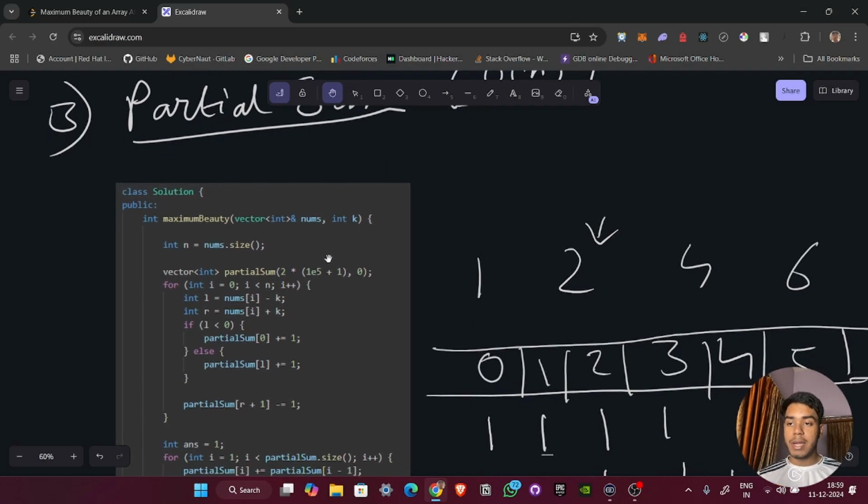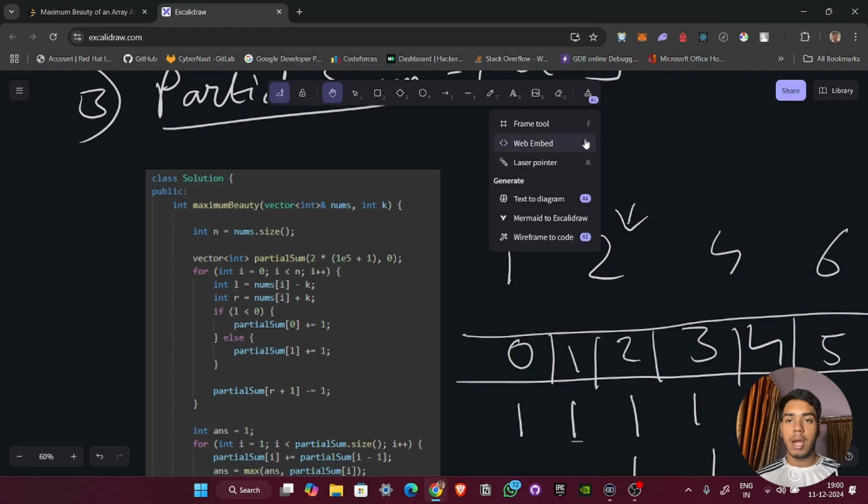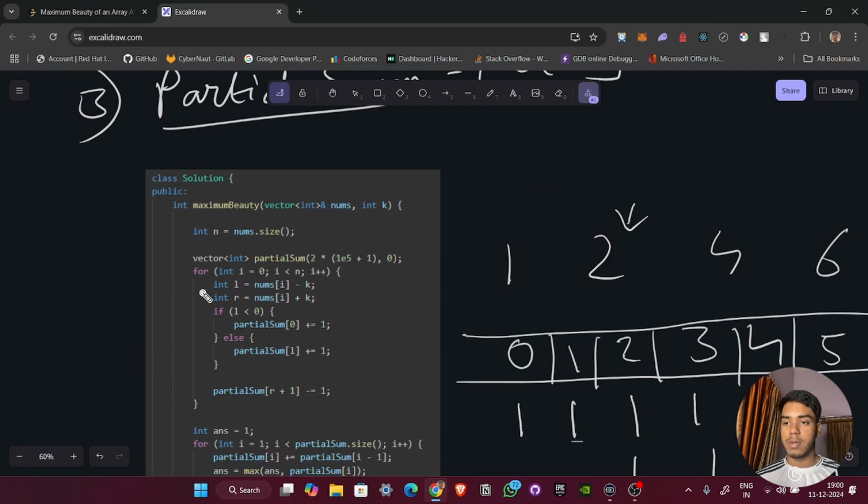Then we are iterating the nums array, and for each element we are declaring a range, left range and right range. Here the left range is nums of I minus k, and the right range is nums of I plus k, and updating